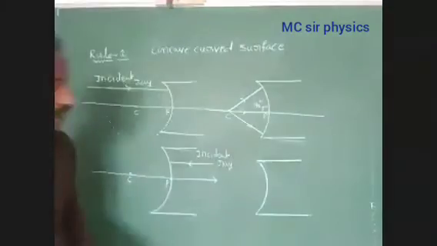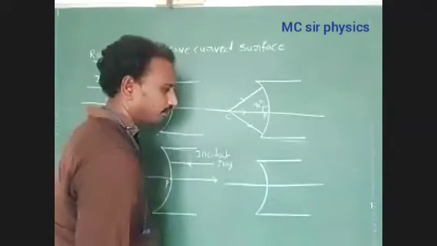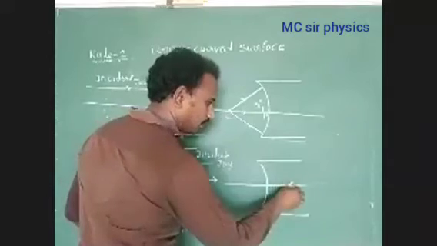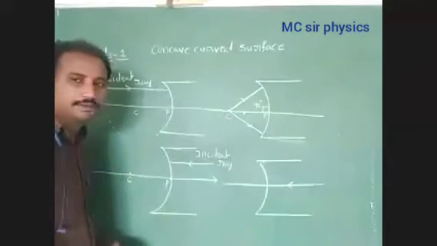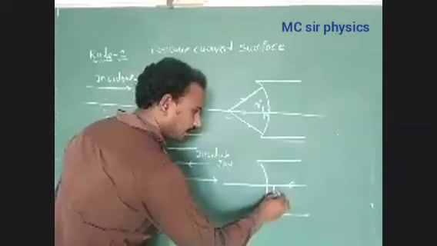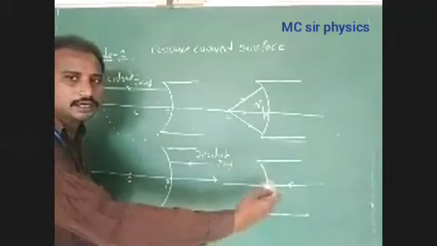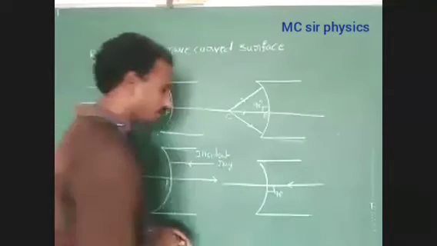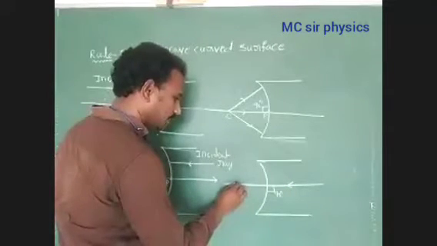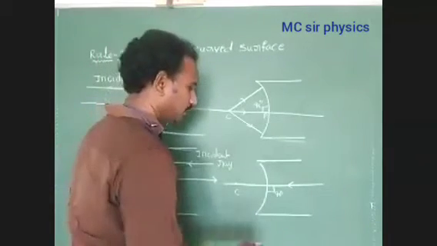Now we have to consider the direction of the incident ray from the denser optical medium to the rarer optical medium. Here, the incident ray makes 90 degrees with respect to the curved surface. What is the direction? Denser to rarer optical medium. The center of curvature we represent as C. Understood? Now just identify this point.